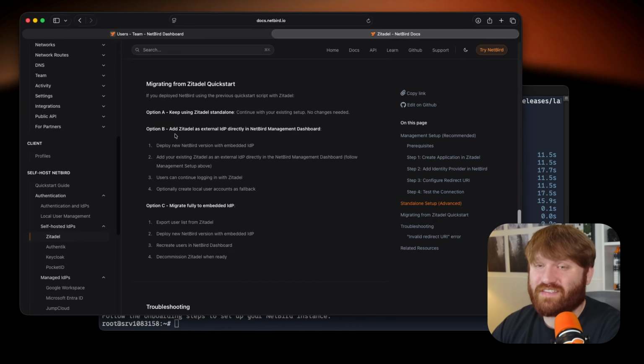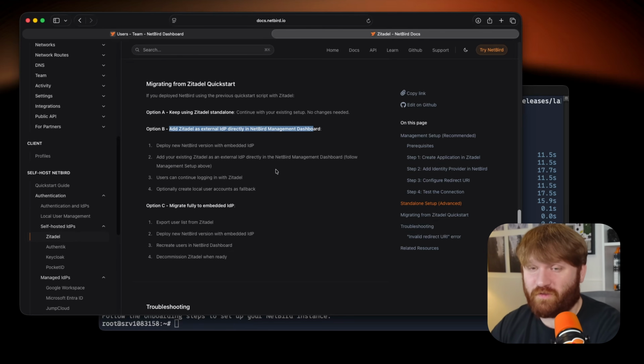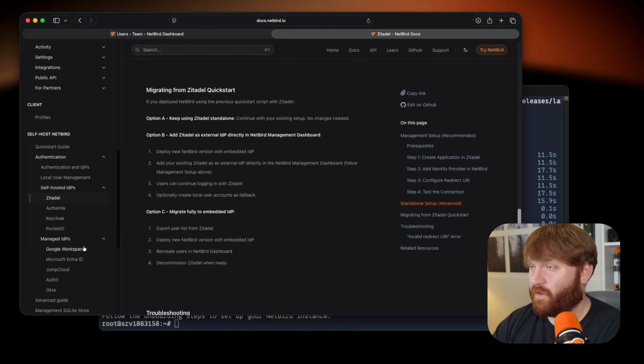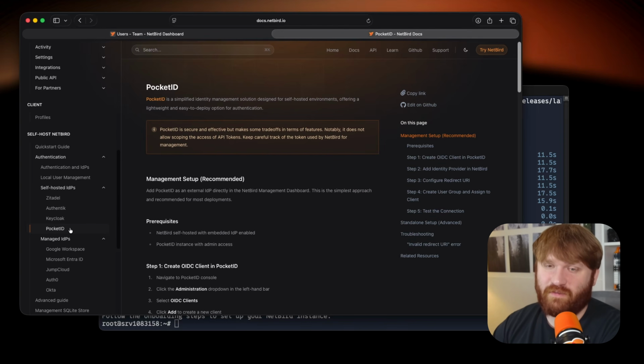You can add your existing Citadel instance as an external IDP directly through NetBird if you'd like to do that. Or you could do the kind of manual migration process of migrating all your users. But if you're a home labber or a small organization, it's not going to be too much trouble. Additionally, if you followed our advanced guides to get some of this set up with something like a Pocket ID, for example,